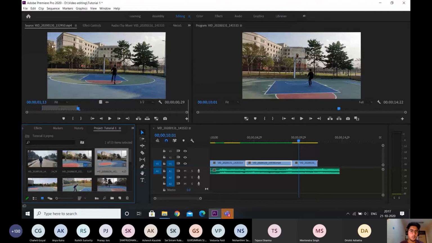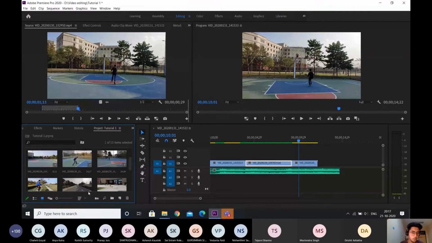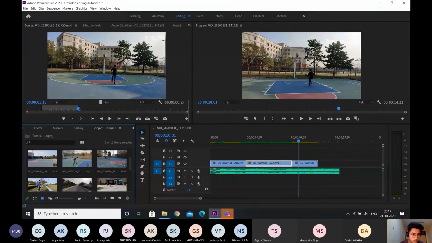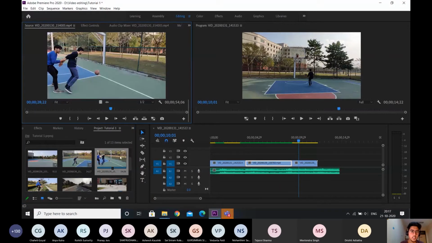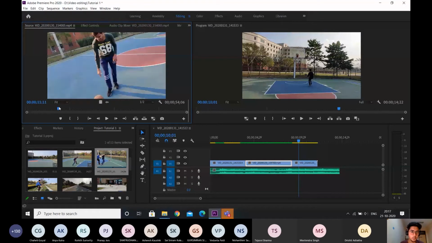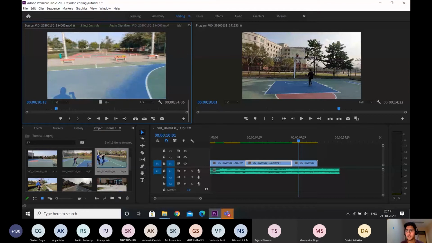Now this particular monitor is actually the source monitor or the display window where we can see the video that we want to put in the timeline. So suppose if I want to see this particular video, I'll double click on this and it opens on the source monitor. This one is the preview window. The one in blue right now is the source monitor. And this is the preview window. So basically whatever editing we do in the timeline, that comes in this particular part in the preview window.